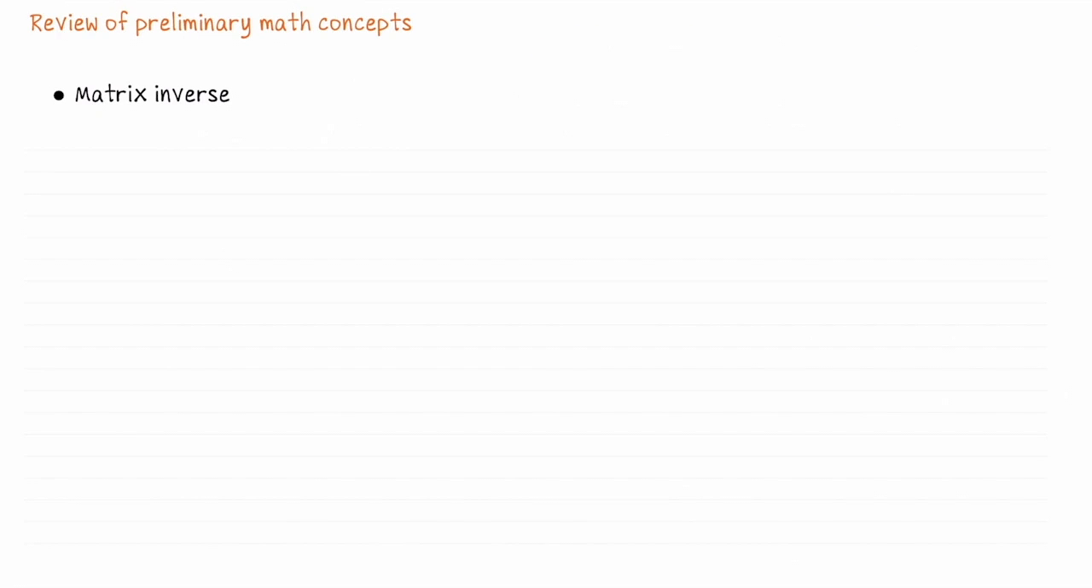There's one more matrix concept that I should mention before we dive into the least squares algorithm, and that's the concept of a matrix inverse. Not every matrix has an inverse. For one thing, a matrix must be square. So if A is an n by n matrix, so any square matrix, 2 by 2, 6 by 6, what have you,